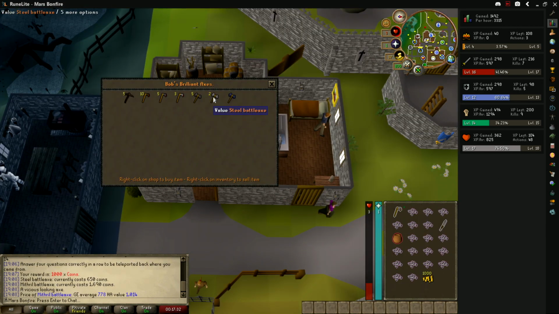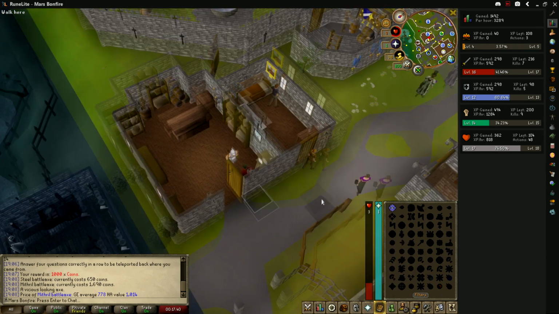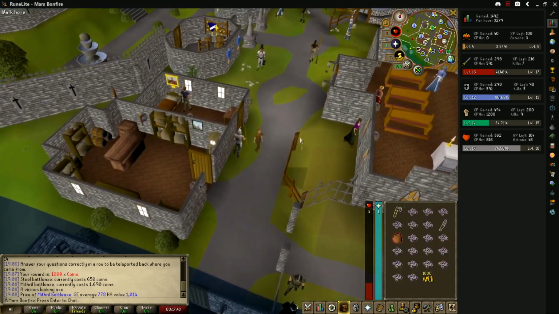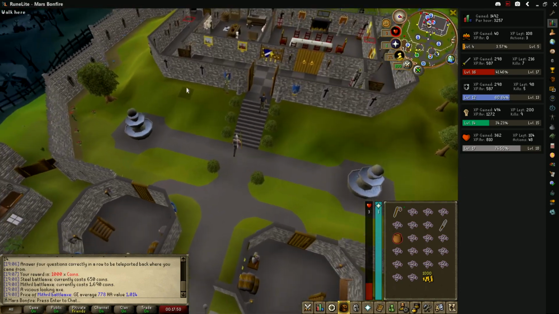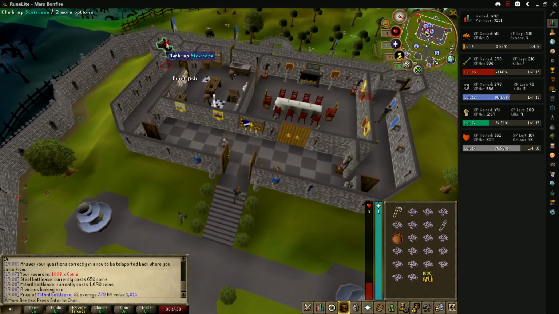Now I'm actually tempted to save up for the mithril battle axe. I think I can equip that at level 20 attack. It's 1690 coins, so it's feasible. It could happen. I don't want to spend all my money on the steel battle axe. If I choose to do that, I think I might want to move away from...